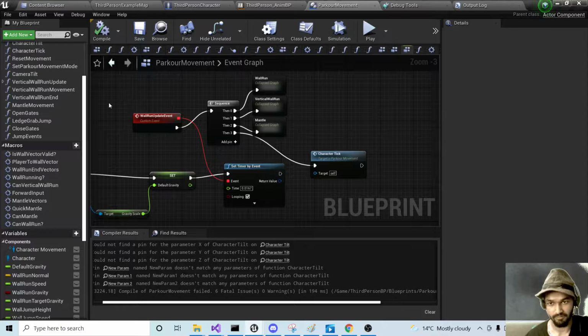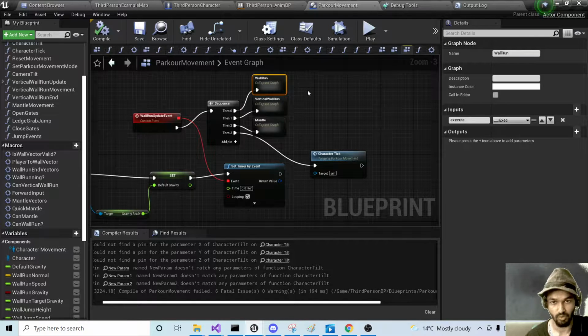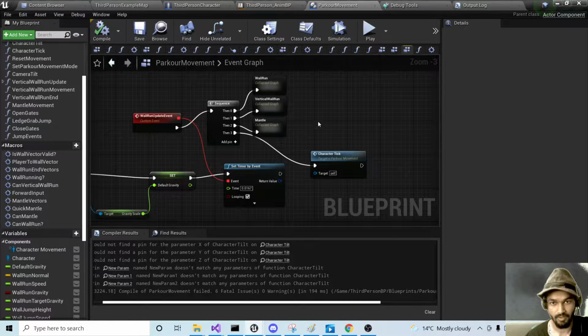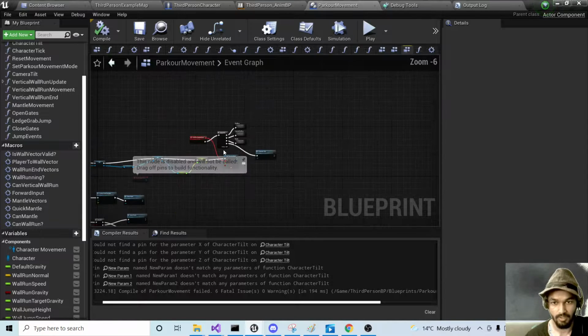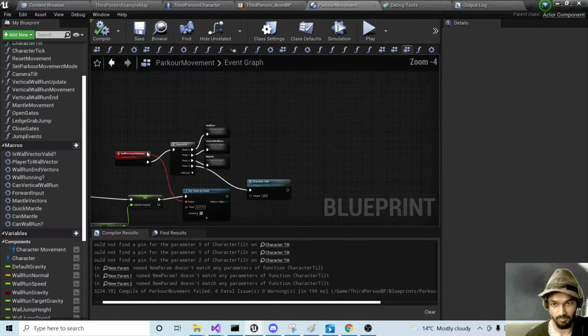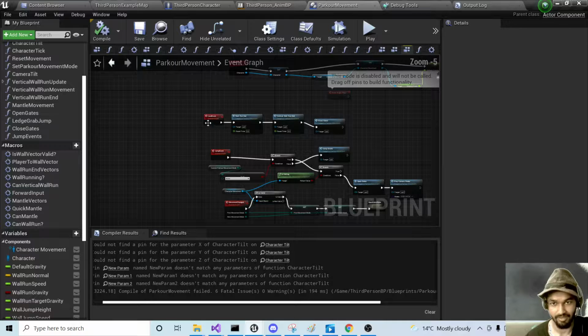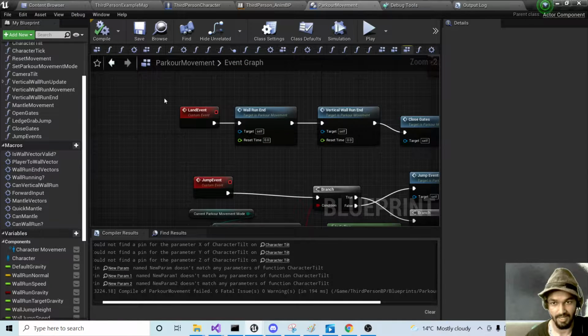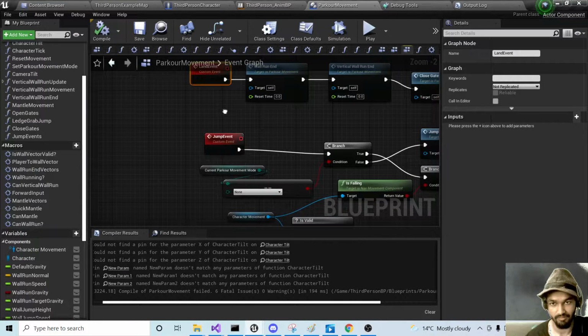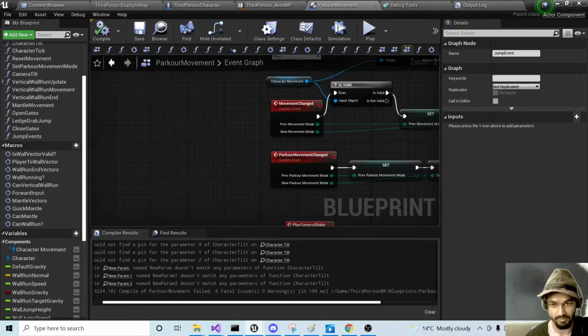And this wall run update event is going to run 4 things in sequence. So we're first going to do the wall run, and we're going to do the vertical wall run, mantle, and then character take function. So these are obviously collapsed nodes, and there's more stuff happening inside it. So before we take a look at those, I'm going to take a look at what other stuff we have in the event graph. So we have the land event custom event, we have the jump event custom event, and